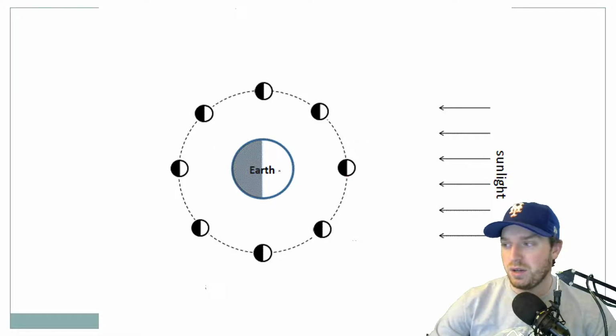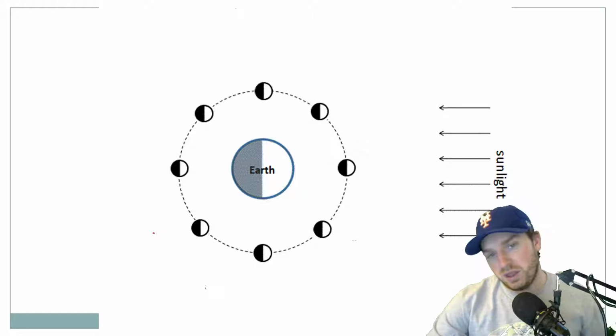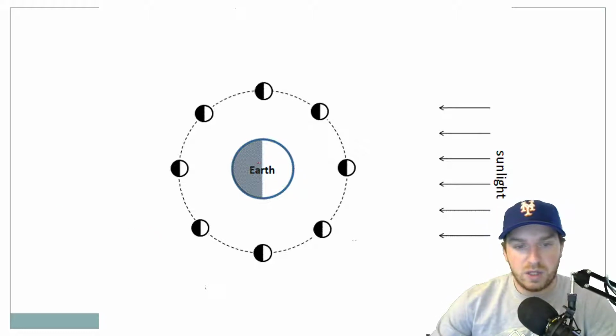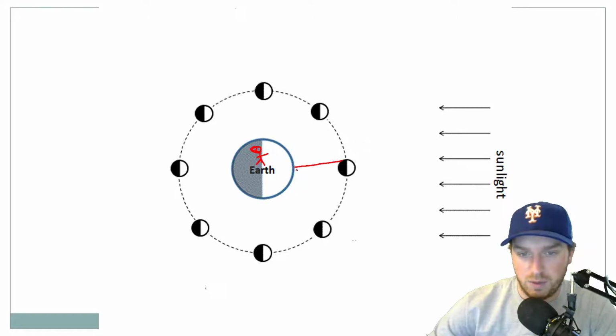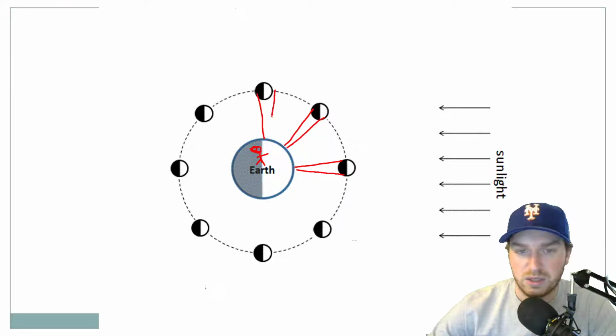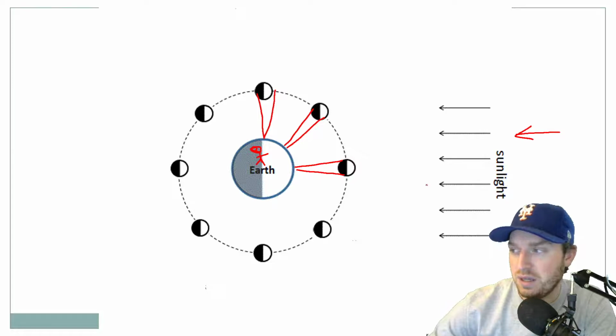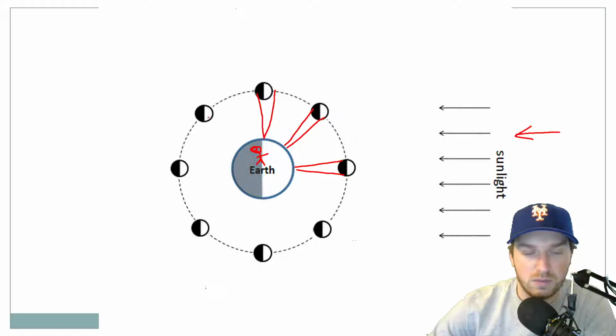So here we have another image very similar to the one that we just did with the where's the full moon. So if you imagine you on Earth, there's you. And if you were to be looking at the moon, you will notice that there are areas where the moon is shaded, and there's areas where the moon is in the light. Now, in this case, we have the sunlight coming from the right side to the left, but you will notice that every single moon has the light side on the same half. Each one of these, the light side is on the right half, which makes sense because the sunlight is coming from the right. Half of this moon is in the light,